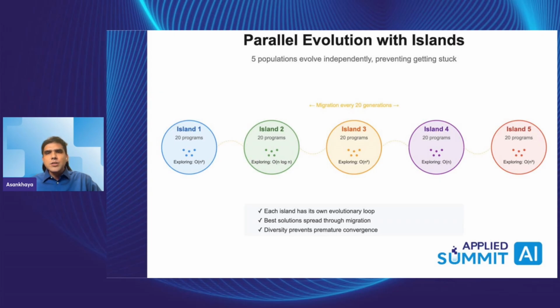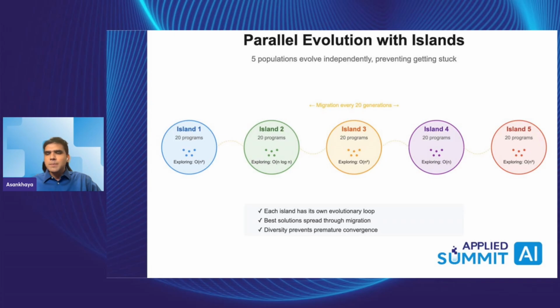Every n iterations or every n generations, we do migrations where we take the best performing programs from one island and we move them to another. So this particular part is not something new. It is a standard island-based evolutionary algorithm. And we've chosen this because having all of it in a single large population was very slow for convergence. And also it doesn't help maintain diversity. So this way you can actually maintain diversity throughout, while the best solutions still have a chance to spread through